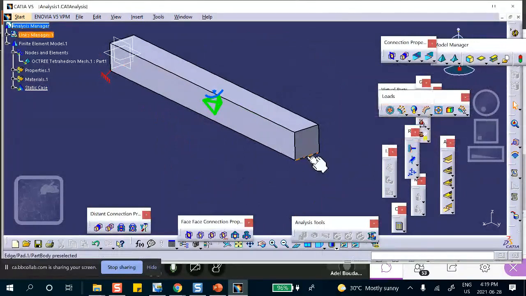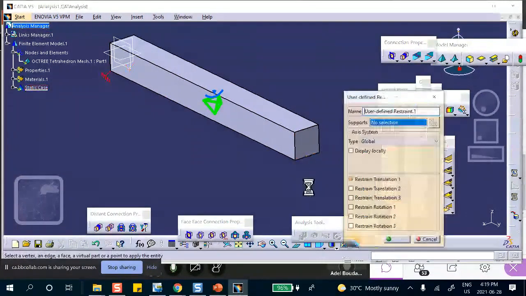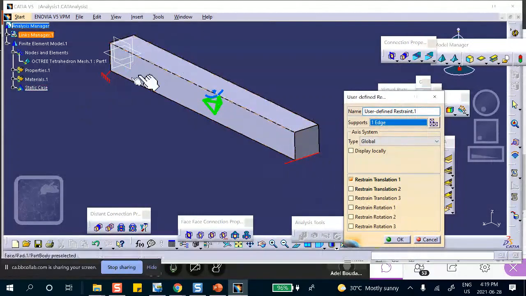And on this face, I will not let it go up or in the direction X, but I will let it go in the direction Y. This is an approximation to what you're trying to do, a simple support. Remember, a simple support means that you put the structure on two cylindrical rods and load it vertically, okay, for example. That's not what I'm doing.